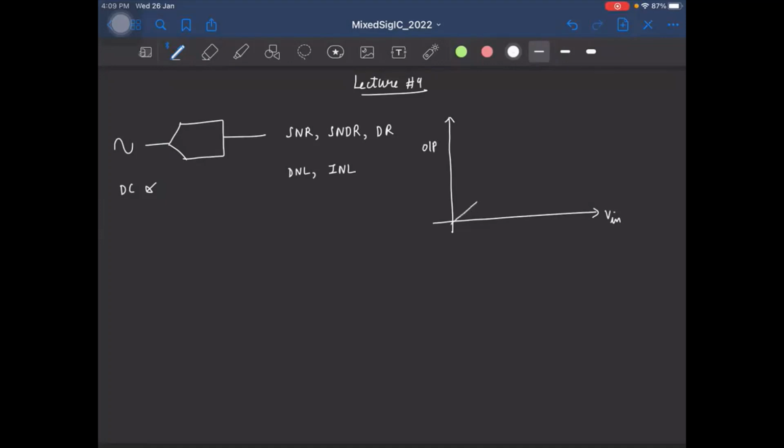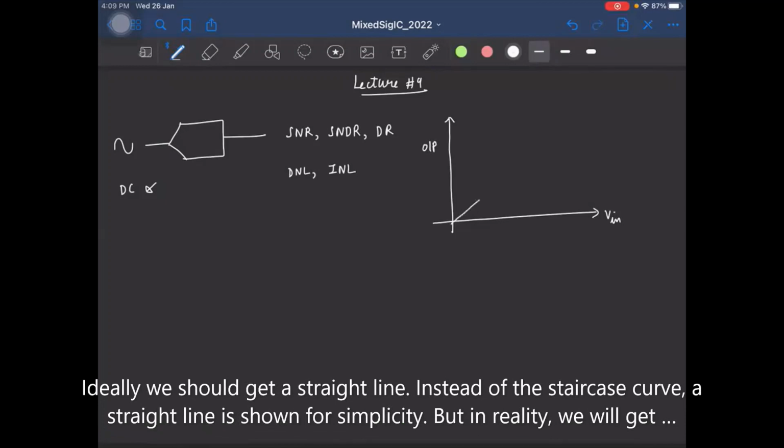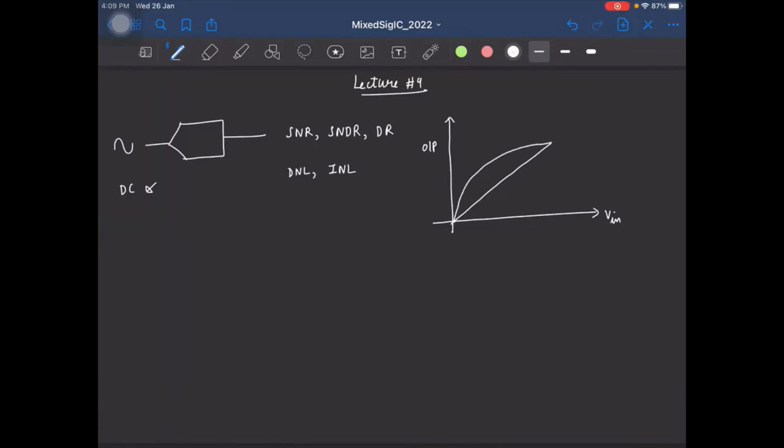And ideally, you get some kind of a nonlinear curve like this, right? And INL is a metric of how much these transition points in the characteristic deviate from the ideal transition points. That is essentially this distance, right? For each code, this distance gives the INL,